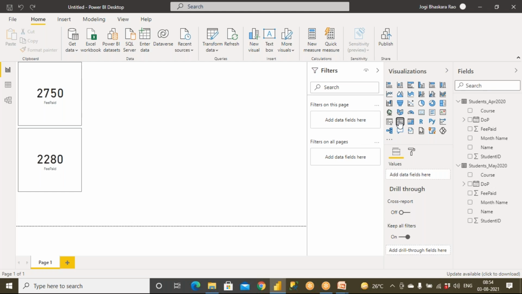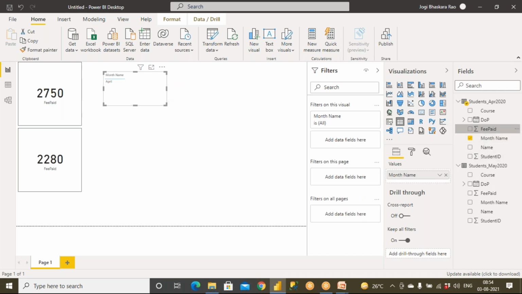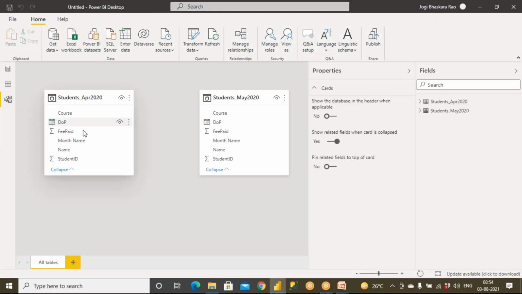Okay. I drag and drop a table here and I can create a visualization and get the month-wise data. And I would like to get the total fees paid. So I will be able to get that in this, but I will not be able to add. Clear? Because there is no common column in this. I cannot make a common column here because these students are different. People who made the payment in April, for example, you joined in April, your data will be available in April. I joined in the month of August or in May, my data is available here. So this data cannot be joined, but